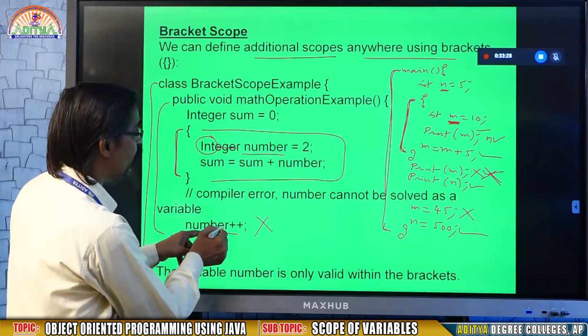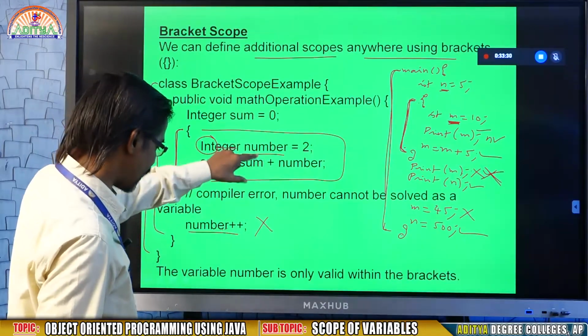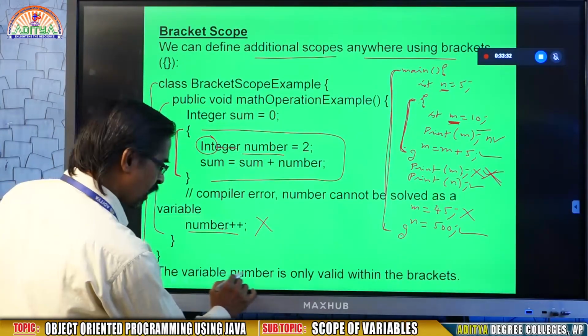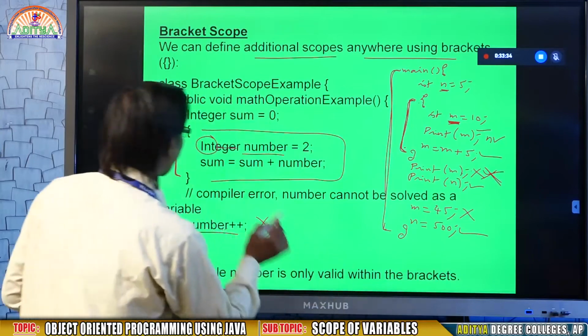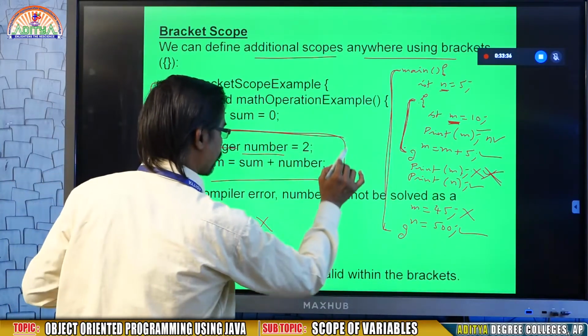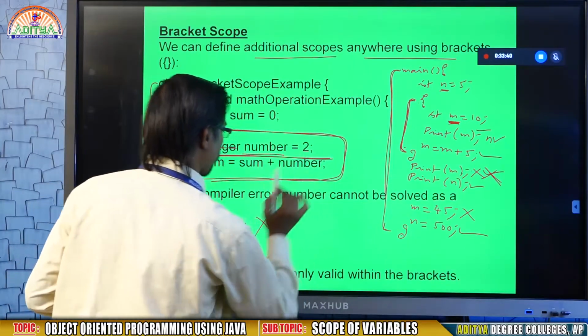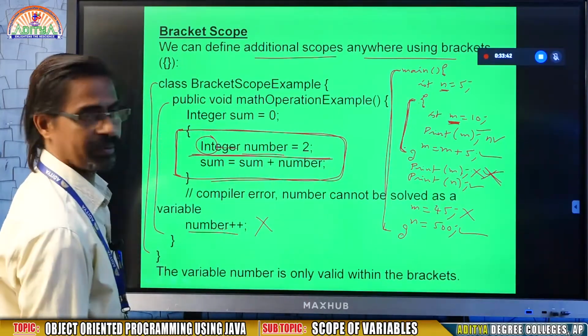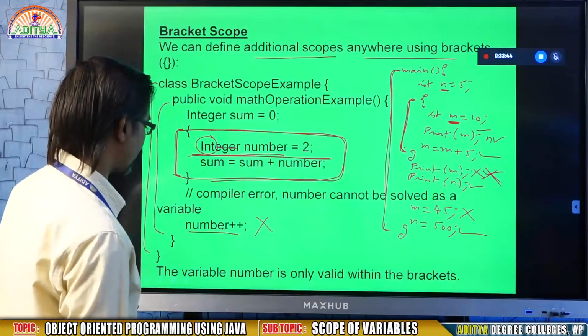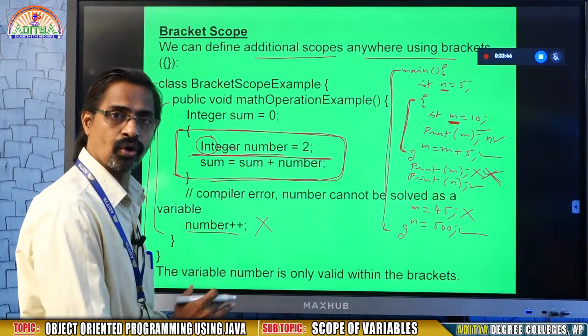The variable number is only valid within the brackets. So this is what is called bracket scope.